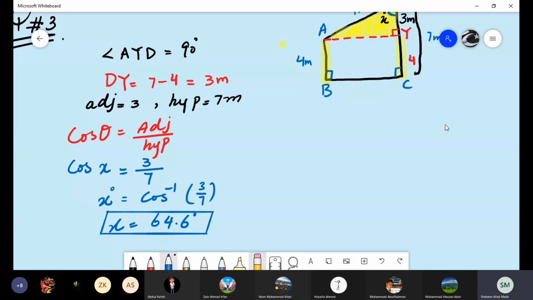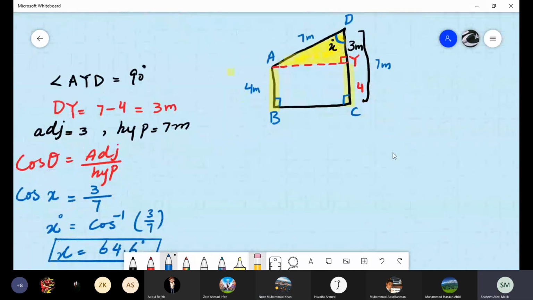So this missing angle that you have to find out is angle ADC. ADC, it is labeled, but we just converted it to ADY. That was the angle X, and we found the value of that angle. Now what is X? Can we replace X with its value? That is 64.6. Yes, is it or no? Yes, ma'am. Now the second thing, you have to find out the length of BC.